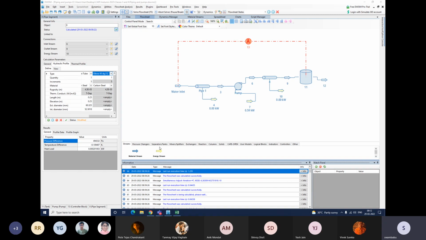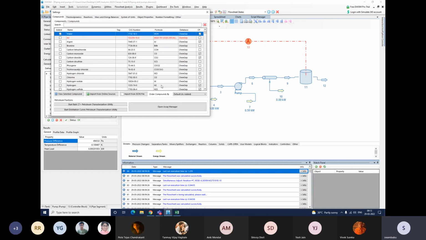One important concept apart from these unit operations is defining the crude assays, petroleum assays. Suppose this is the